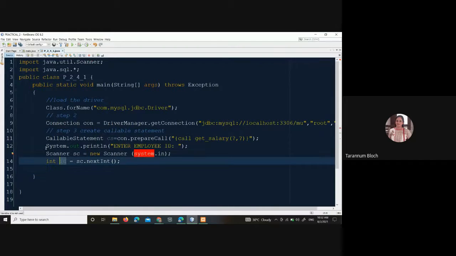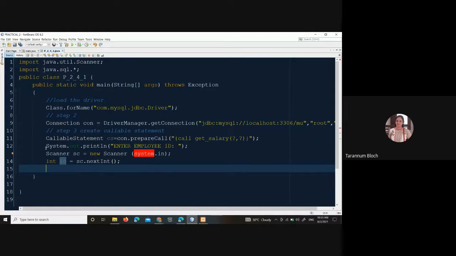Anything, this is just a local variable. Okay, now whatever you have entered from the keyboard is in the local variable.